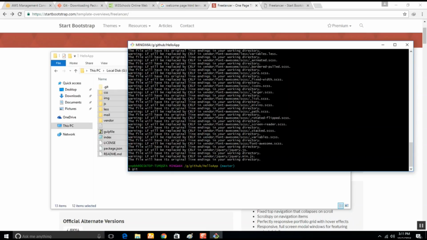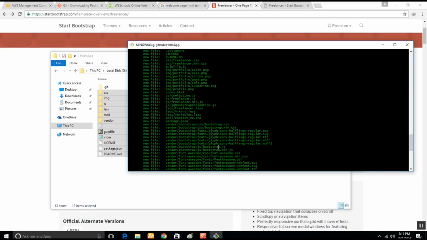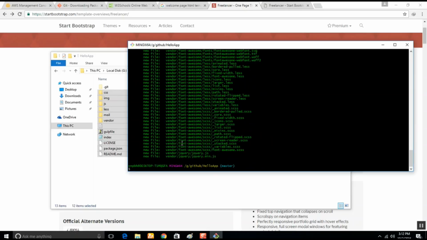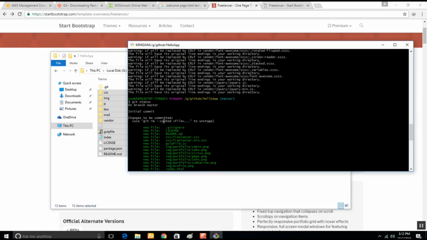Now let me hit git status. Now it shows you have created these many new files. You use commit so that you can commit those changes to your local repository, and it also shows git rm --cached file name to unstage it. Say for example you don't want that particular file to be committed, then you can use this command, git rm. Rm stands for remove cached file. These are all cached files. They are stored inside a cache folder in .git, the hidden folder, this one.